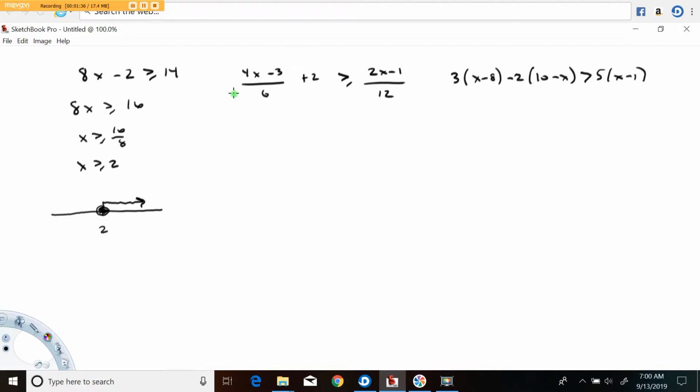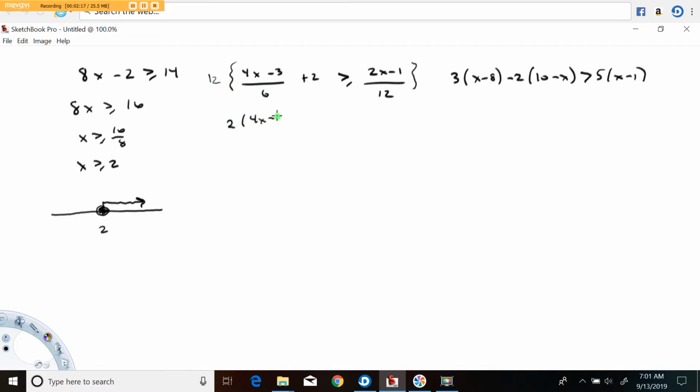So this animal. First of all, you notice it's got fractions in it, and I think what I would do is get rid of the fractions. One way to do that: if I multiplied everything by 12, the 12 would be gone, this would become a 24, and 12 over 6 is 2. So multiplying the entire inequality by 12 will clear the fractions. We don't need to worry about the direction because that's plus 12, which is not going to affect the direction of the inequality. So 12 over 6 is 2